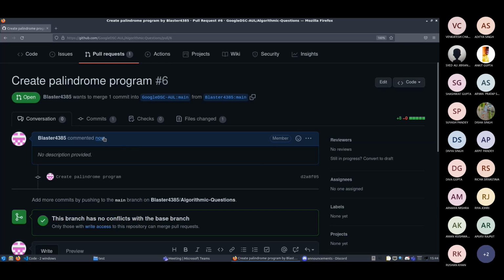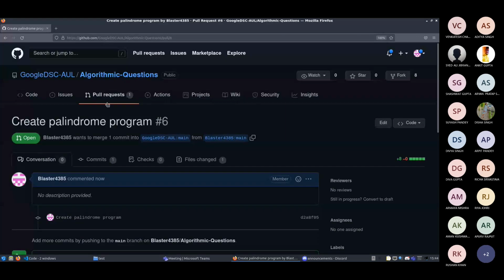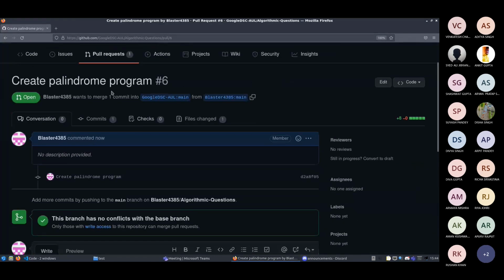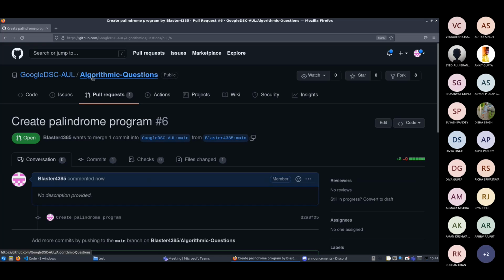And as you can see, this pull request is open, create palindrome hash program #6. So now what the original repo owner has to do is he will go to the repository and he will merge your pull request. If the original project maintainer feels that your code or your contribution is up to the mark and is actually useful for him, he will click on the merge and he will merge your pull request, and your changes to the code will be merged into the original repositories.